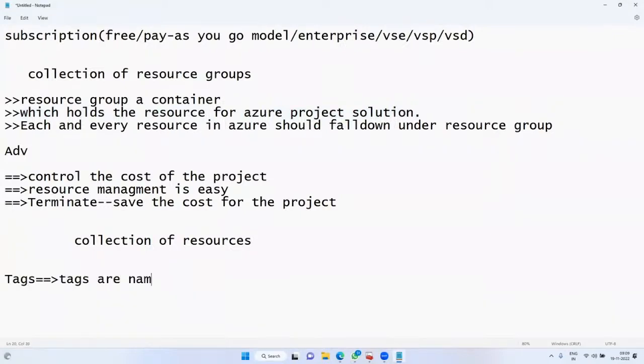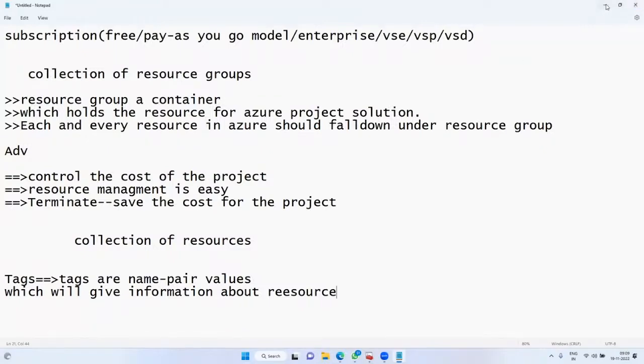Tags are name-value pairs, which give information about resources. For example, if I ask you to introduce yourself, you will say your education details, your name, and your address details, right?